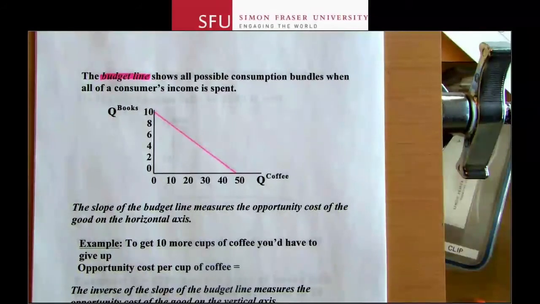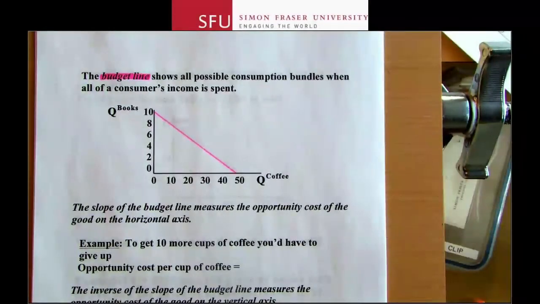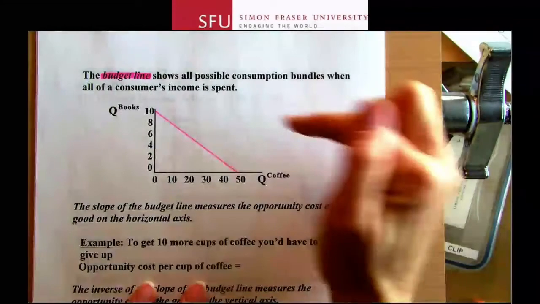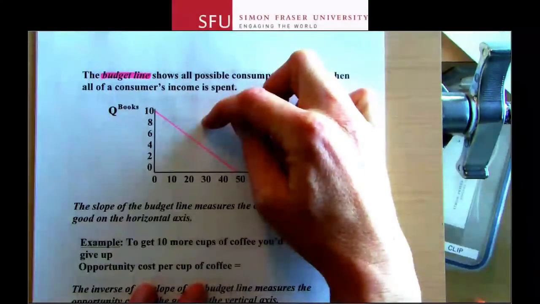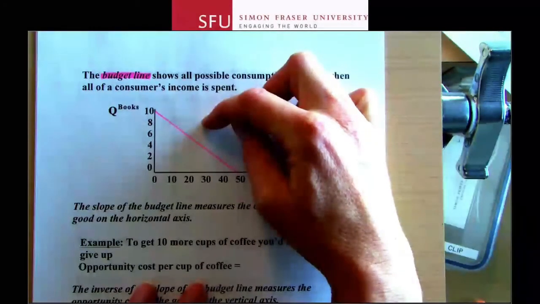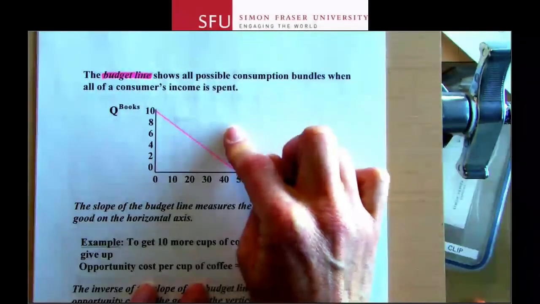Now this line is really similar to the production possibility line that you guys learned about in chapter 2. It's similar because that production possibility line showed what was possible to produce for an economy given how much resources they have. And so likewise, given how much money the consumer has, this tells us what their choices are for what to buy. And there's other similarities. So what if this consumer wanted to get, say, 8 books and 30 cups of coffee? They couldn't do it, right? They wouldn't have enough money, not enough income. So not possible. So anything outside the curve is not possible.